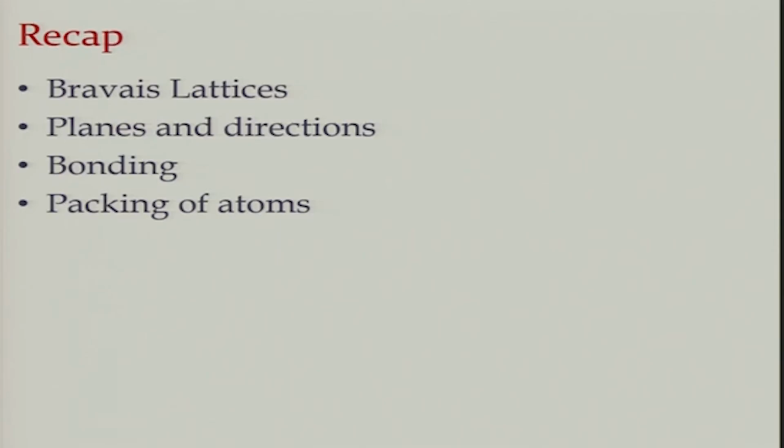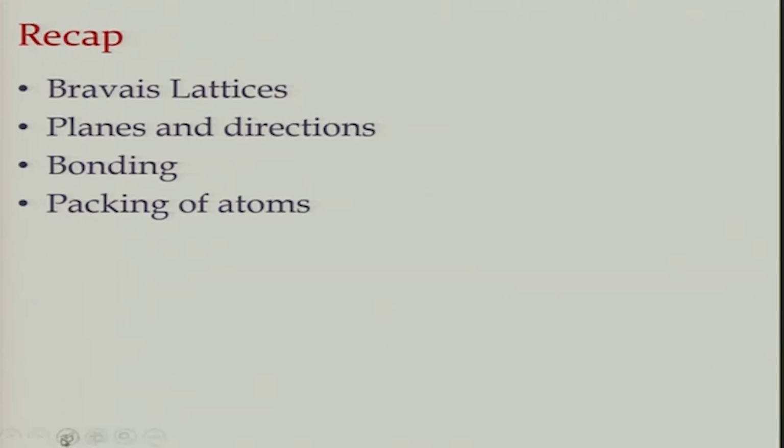And then we just introduced what kind of bondings we have, and as it happens in dielectric ceramics, most of the ceramics are ionically bonded materials. Partially they could be covalent in certain cases, but by and large they are predominantly ionic in character, and this ionic bonding provides them strong bonds. As a result, they are very strong materials. They have low coefficient of thermal expansion, they have high melting points generally, but they are also brittle, and because of the same reason they also have low electrical and thermal conductivity, and that is why they are dielectrics. And then we looked at packing of atoms, because in solids it plays quite an important role in determining the